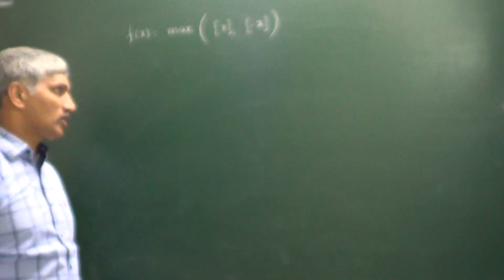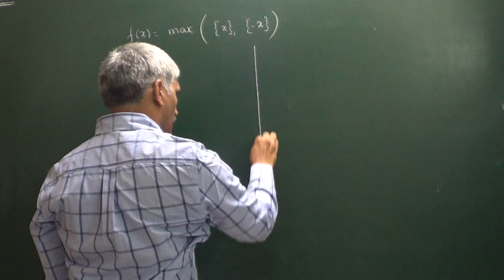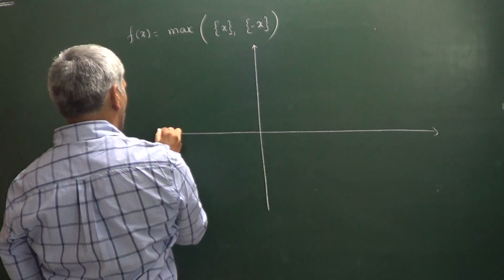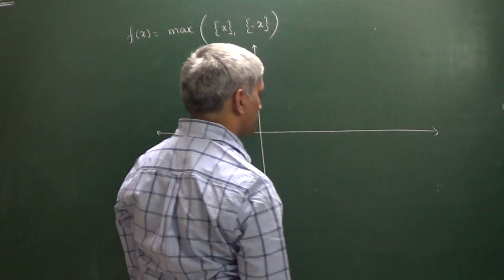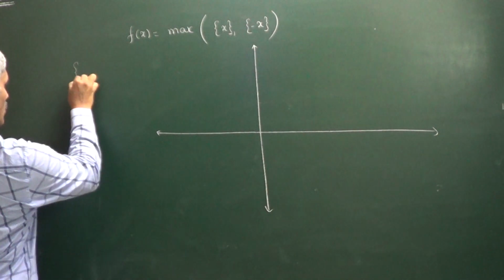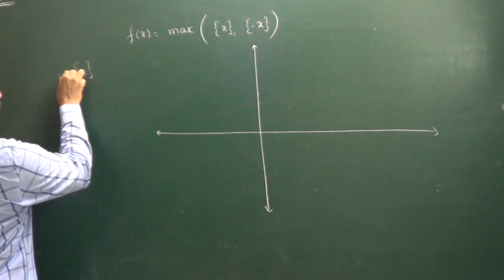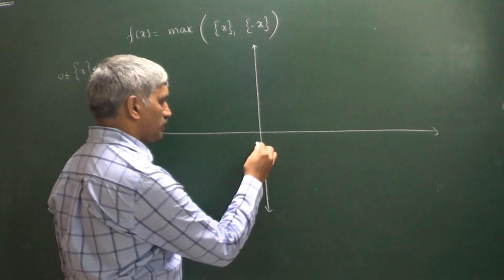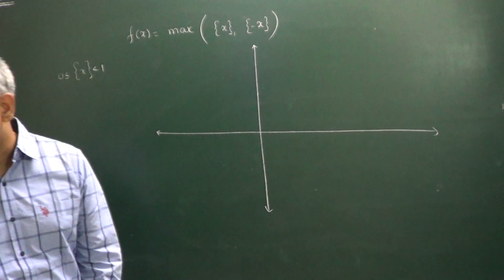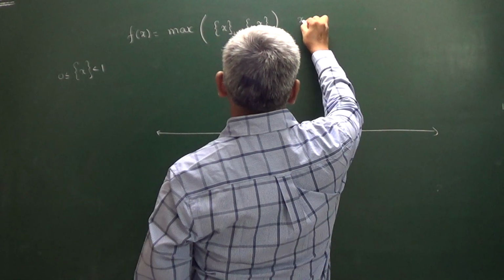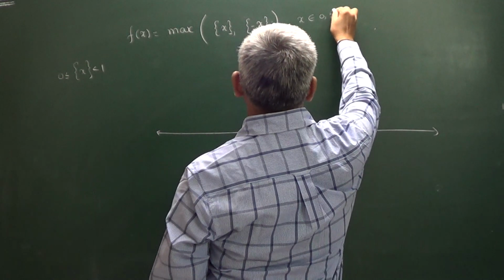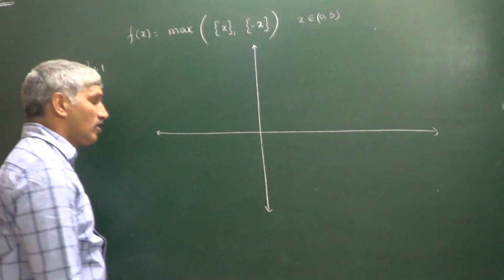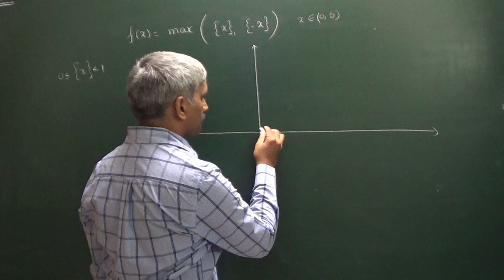First of all you have to know the graph of fractional part of x. All of you observe here, I am drawing the graph of fractional part of x. I hope everyone knows how to draw it. You know fractional part of x always lies between 0 and 1. You never get 1 also. We have to check this function in the interval 0 to 5 only, x belongs to 0 to 5. We have to check the number of points of continuity and the number of points of non-differentiability, right?